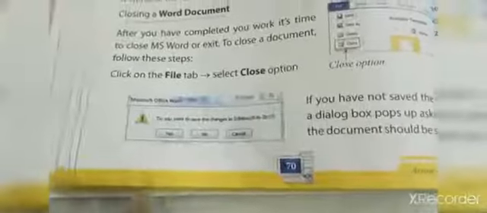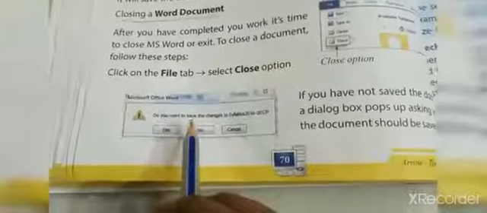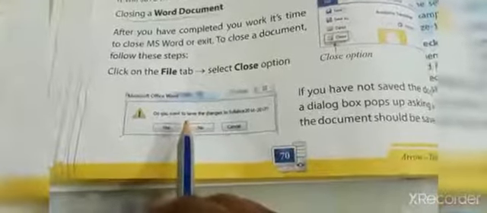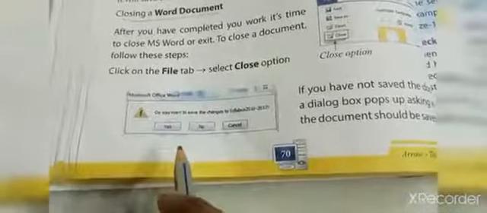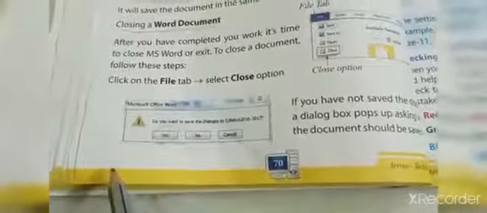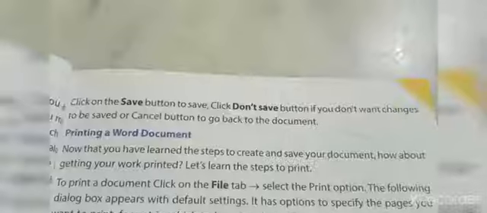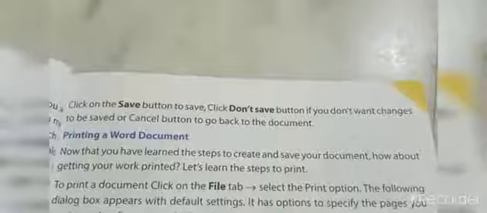See here, this is the warning box. It asks whether we have to save the document or not. If you want to save the document, you have to click Yes. If you don't want to save the changes, you have to click No. See here, they have given.